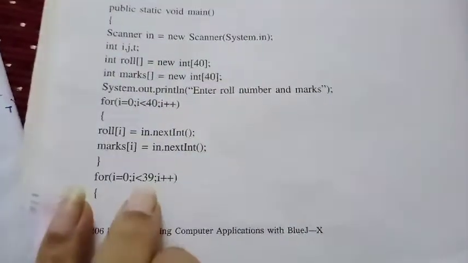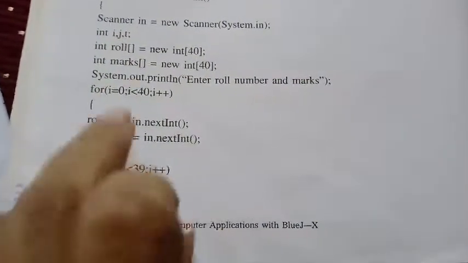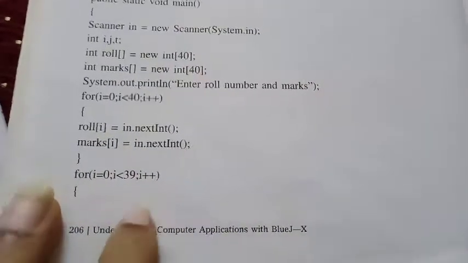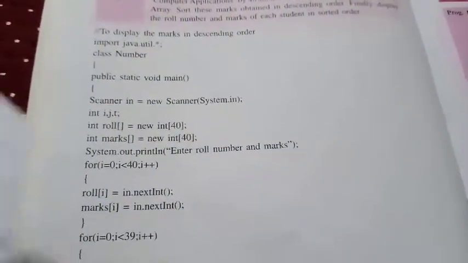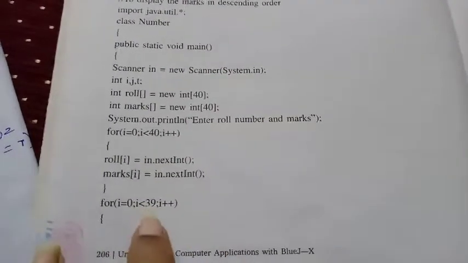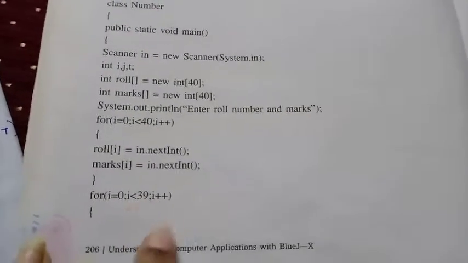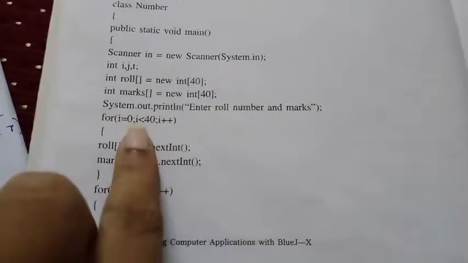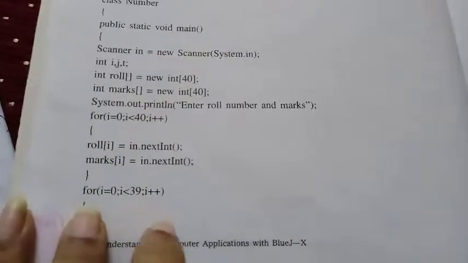Okay, so 40 means what? It is less than 40, it is 0 to 39. That's why they have given here 0 to 39, and here they have taken the bubble sort algorithm to sort it in the descending order. I have already explained about bubble sort in the bubble sort program itself, and we need n minus 1 iterations. Okay, if 0 to 39 is there, that is 40 numbers, so we need 39 iterations.